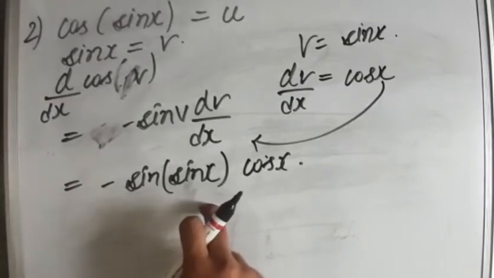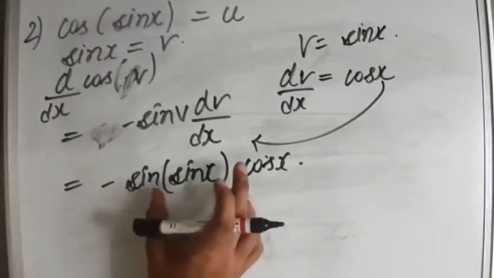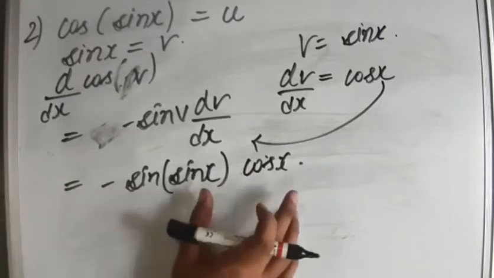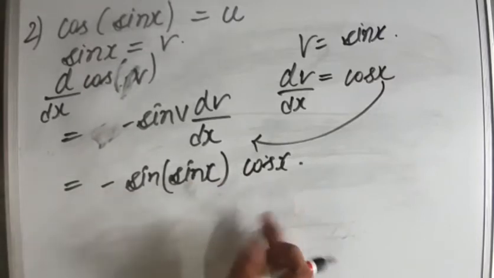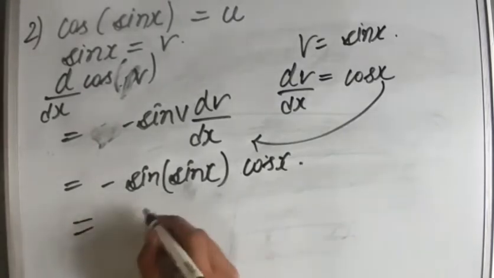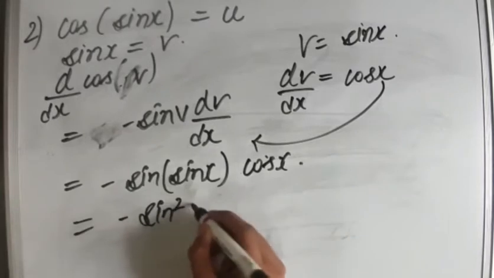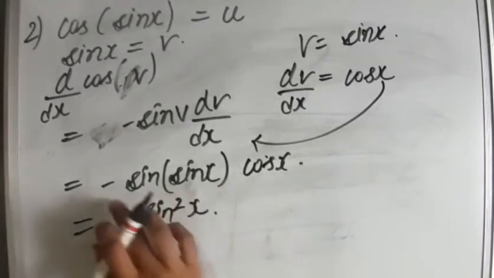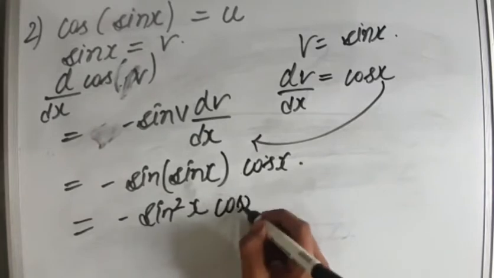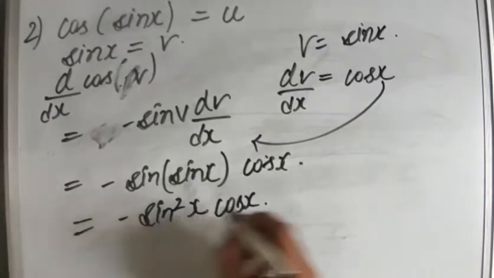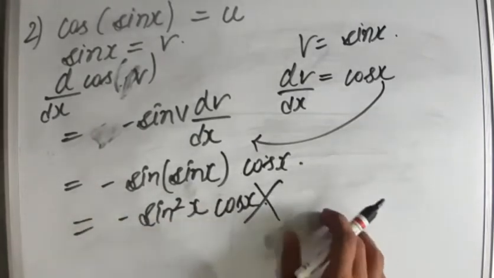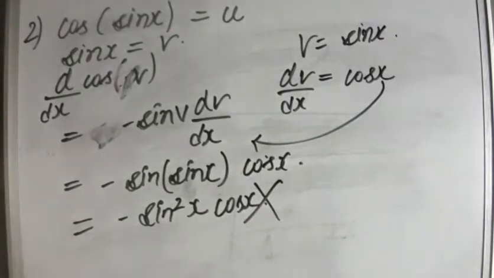I'm again telling you this: don't even think to multiply this sine and sin x, and you will not get sine square x or sin x square. This is very wrong. You will not get sine square x cos x here. This is totally wrong, and this is what students generally make mistakes on in their exam. Now let us come to our third question, which is sin ax plus b. But before that, pause the video to note it down.